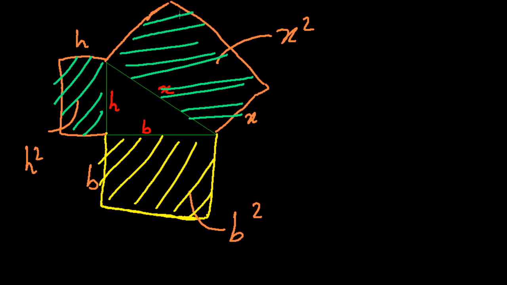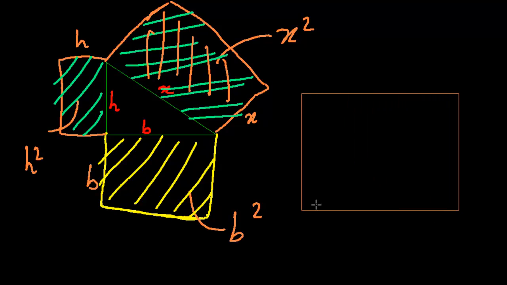So basically this area is going to include this area and this area. So how can I represent this over here? Suppose this is x and this is x, so the area would be x square, and now it will also include a part of